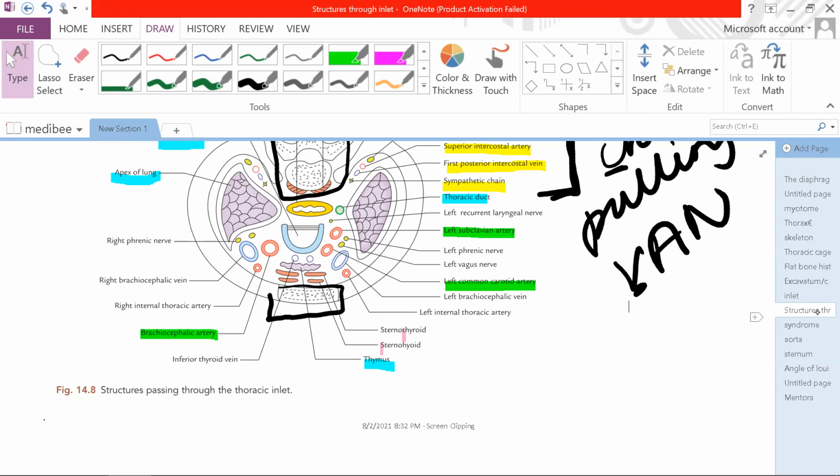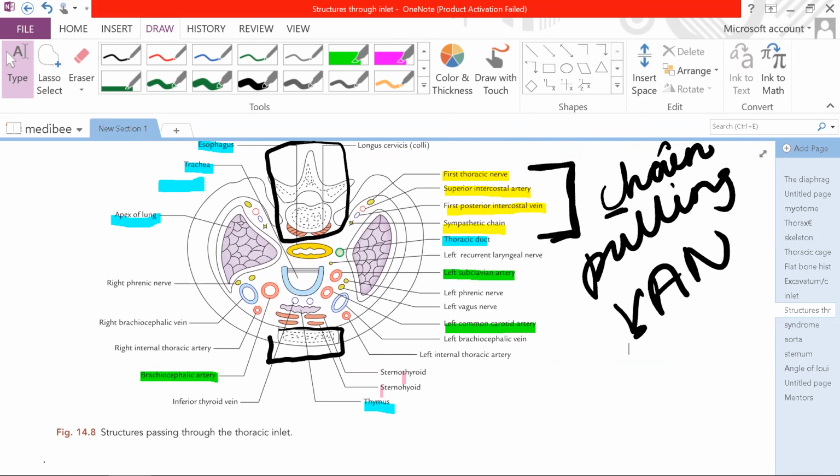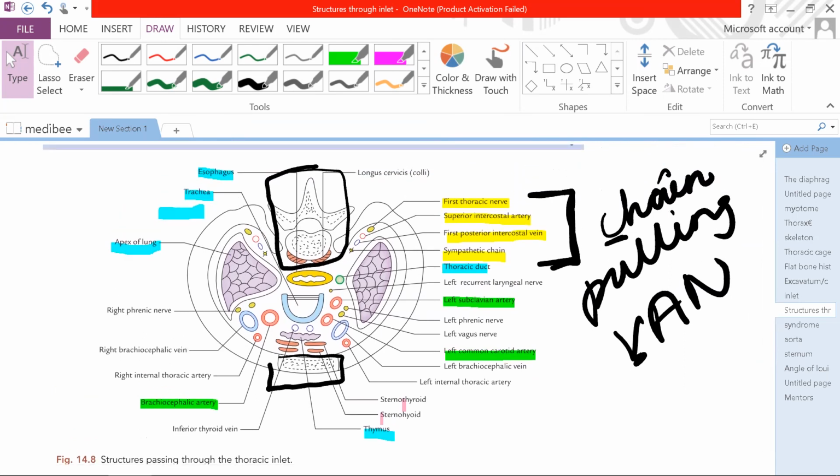Like the teacher will repeat 5 times that structures entering through the thoracic inlet is necessary or important, and এভাবে